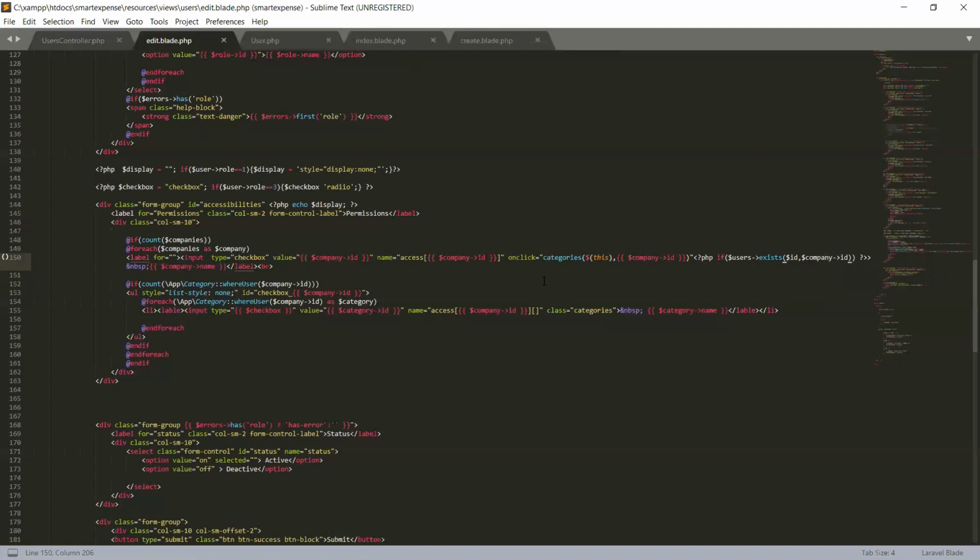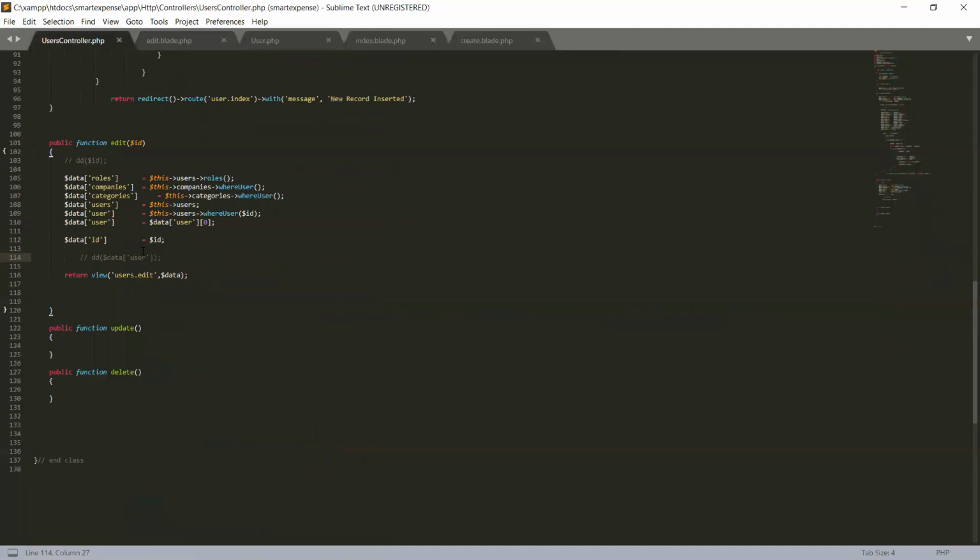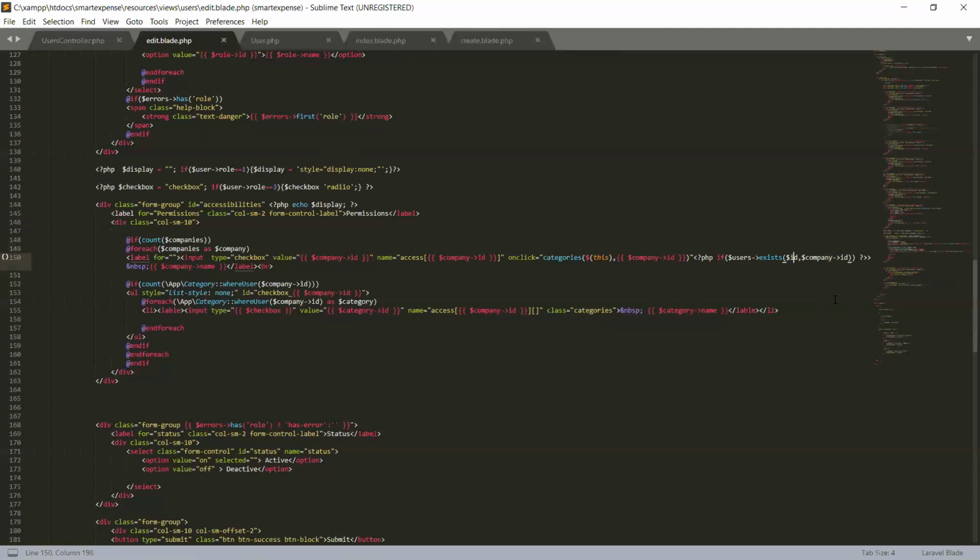It is getting it from this companies as company, and we are getting this company id here, and this id will come from our controller. Here we are sending the id of the currently logged in user. So this id we have set to this data id, and we're sending it to our user edit. Okay, we will create this function, but right now let's create a script first.